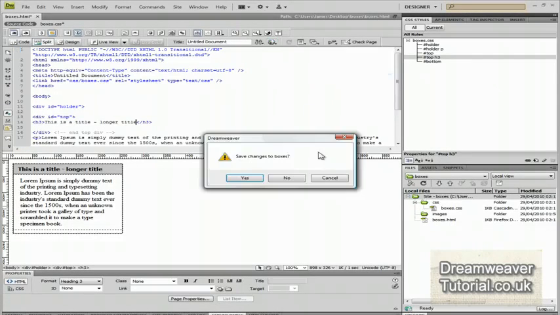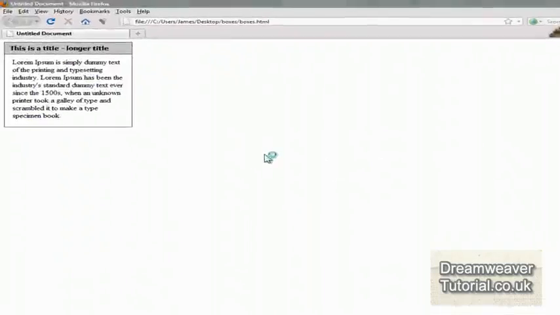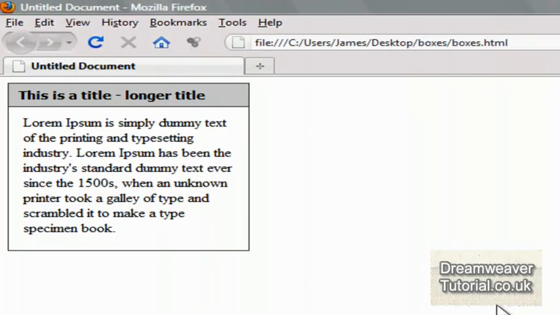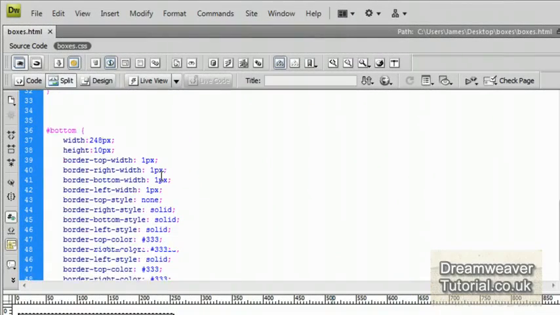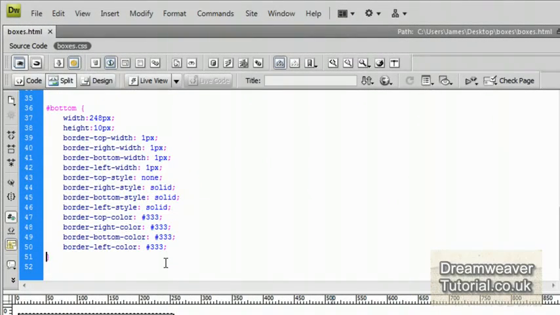Okay, so it's time once again to preview that in Firefox, so I am going to save the changes and preview, and there you go. We've got an expanding web text box, perfect for any occasion. Okay, so now I'm going to tighten it up a little bit using some